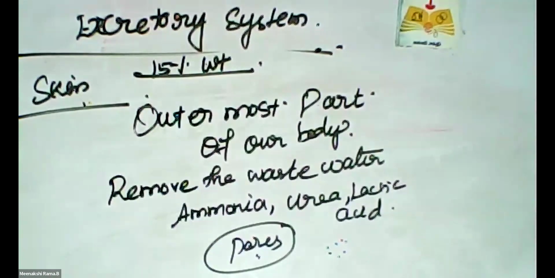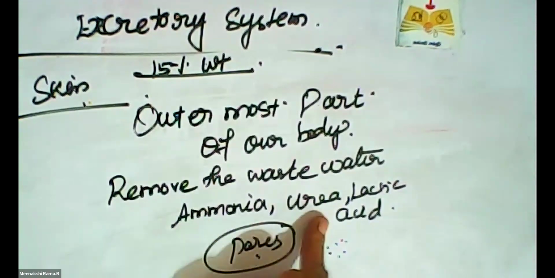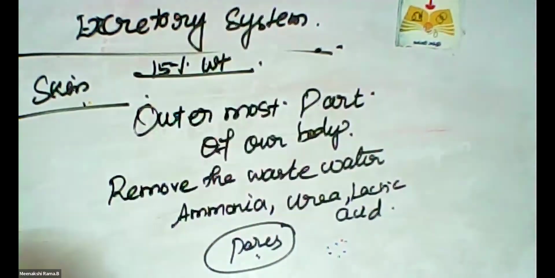The skin makes up 15% of the weight of our body. It is one of the outermost coverings of our body. It removes wastewater, which contains some amounts of minerals, that is ammonia, urea, and lactic acid. Okay. Next one is